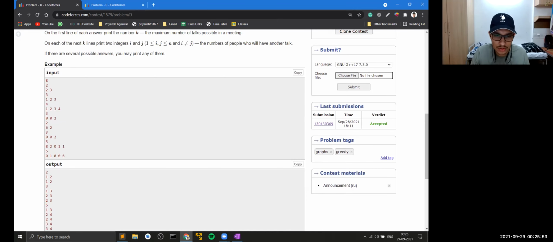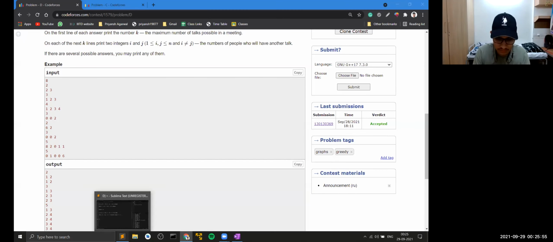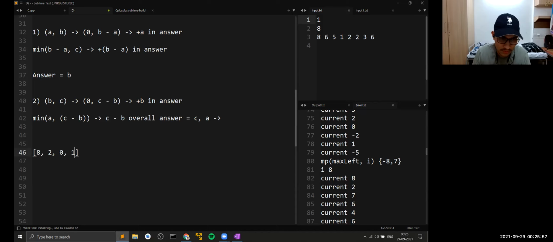How about 8200, 82011? 82011. So in the multi-set, these values would look something like this. Obviously, I'm not inserting these zeros, so let's just skip the zeros. This would look something like this, okay? Now I remove the last two elements and I subtract one from them. So I will have something like 1, 1, and I've removed these two elements, which are 2, 8. After removing them, I convert them to 1, 7, and I insert this back into the multi-set.